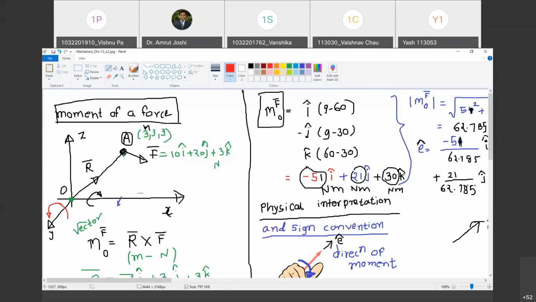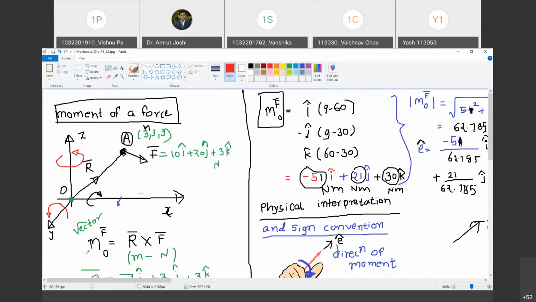Now, what about the direction of 30 Newton meter? It will be upwards, the z axis is positive. Therefore, put your right hand thumb along positive z direction. Then the curved fingers are going to indicate the direction of this 30 Newton meter, and it is going to be in this sense. Do you agree with me? And don't call it anti-clockwise or clockwise, because that depends upon from where you are looking. Are you with me? So we will stick with the right hand thumb rule as of now. Have you understood this?